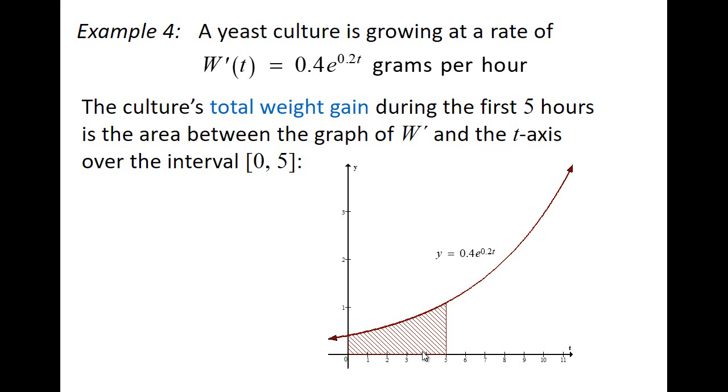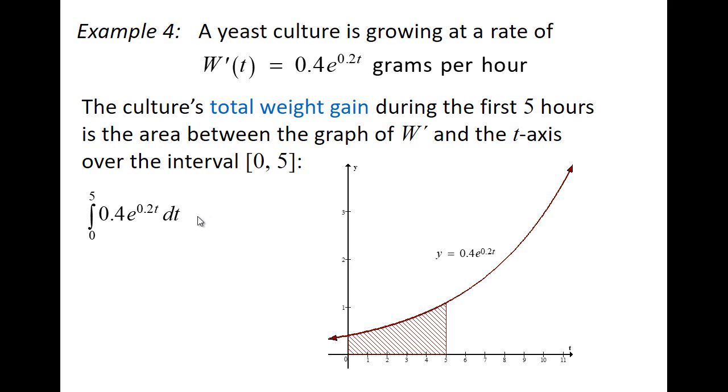So we know this area right here represents the total weight gain during the first 5 hours. And how do I find that? Well, this is the rate, right? So if we integrate the rate, we get the net change in the weight. So we integrate from 0 to 5 the rate of weight here, and we get the net change